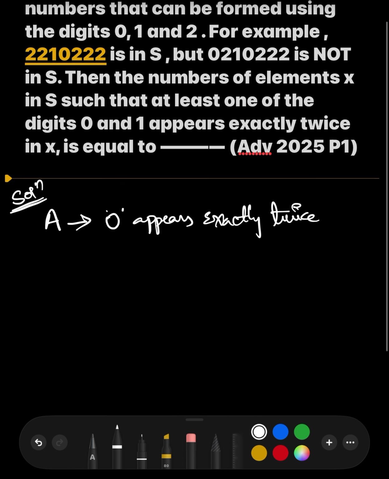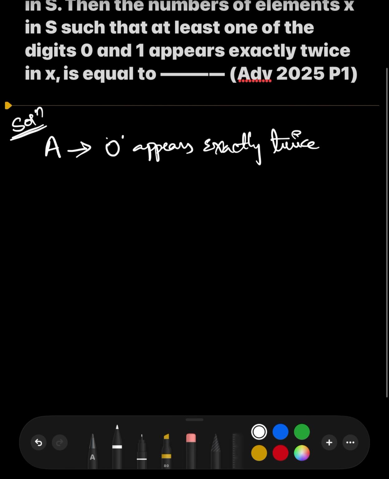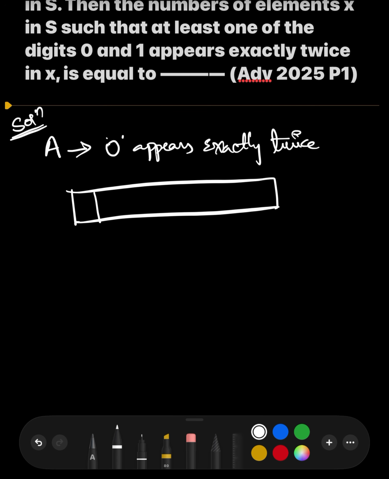It means 1 can be repeated any number of times, or 2 can be repeated any number of times, but 0 appears exactly twice. For this, I just want to form a 7 digit number, right? 7 boxes. But here, if 0 is there, we have to be very careful that 0 cannot be filled in the